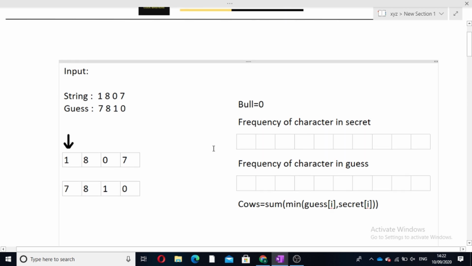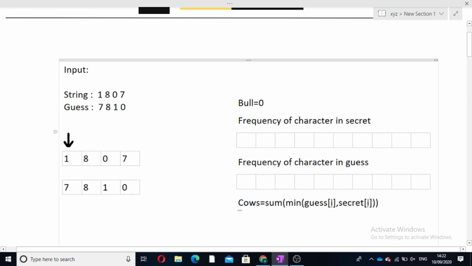Now let's see how to do it. Now we will traverse through both our strings simultaneously. Here for secret it is 1 and for guess it is 7. Now they are different characters, so we will update the frequency arrays of both the strings.